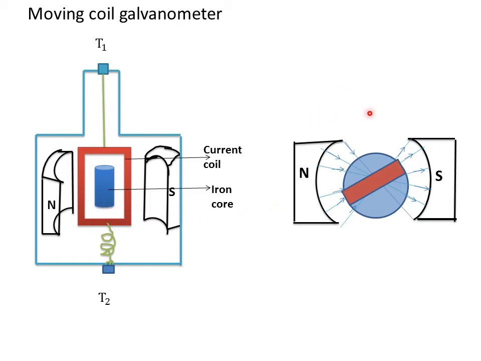This is the top view of moving coil galvanometer. Here we can see north pole and south pole and radial magnetic field provided by the north pole and south pole. This is our soft iron core, and this is the coil on which we have a number of turns of the wire. We can see that in whichever direction the wire turns or the coil turns, there will be a magnetic field parallel to the plane of the coil. Also, the soft iron core helps to concentrate the field into the frame.